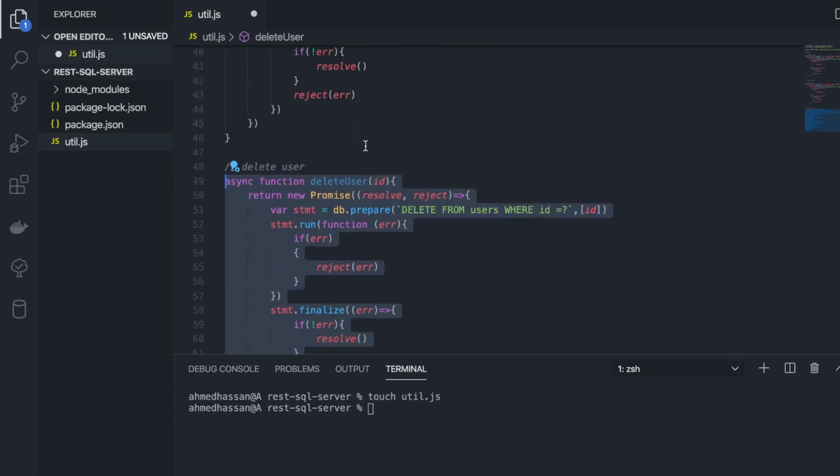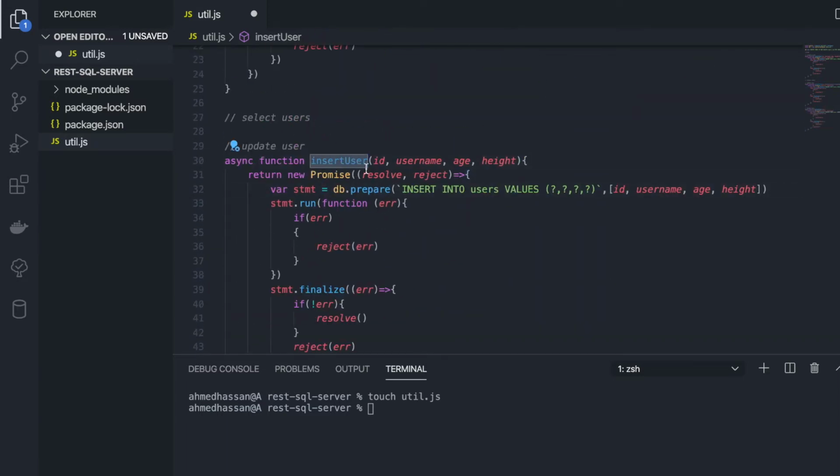And I'm gonna copy this and do the update. I think I already did. So update user. And here, what I'm gonna do is I'm gonna do the SQL statement for update. So I'm gonna do the update statement, which is update users, it's lowercase, set. So everything can change except the ID of the user. So I'm gonna set username equal question mark, and age equal question mark,